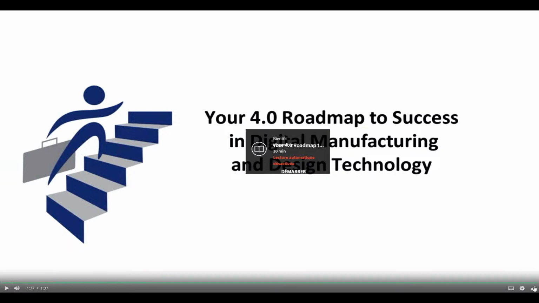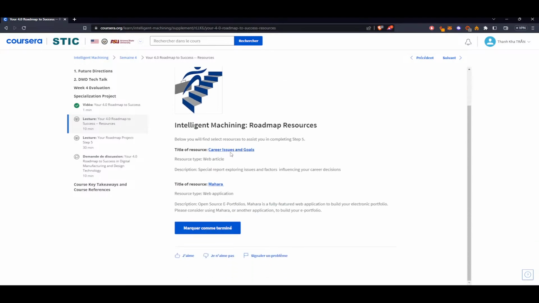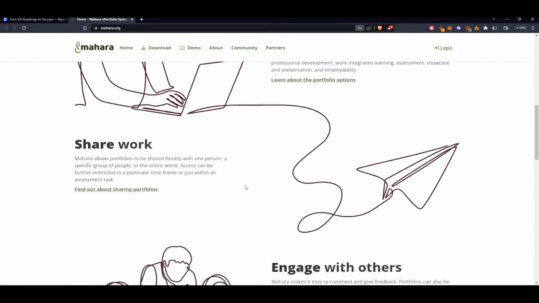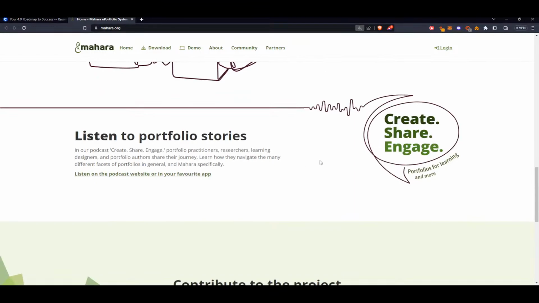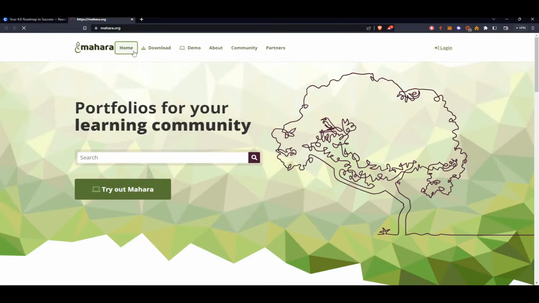Okay. Mahara for visual application. Sharing again with the story. You can see demo.